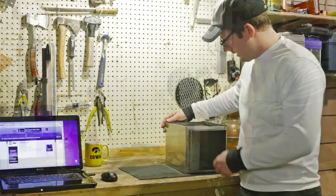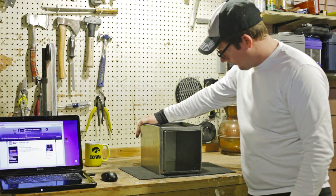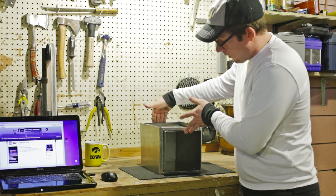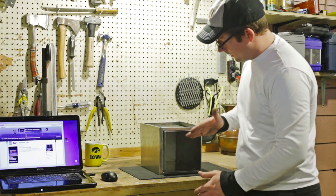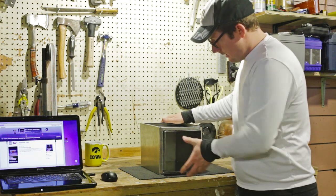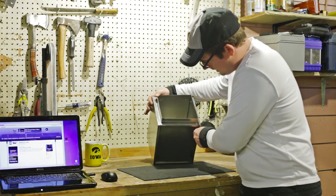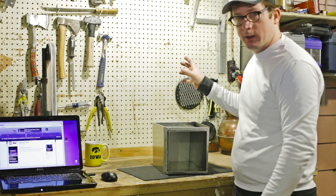I have to put that on and keep plugging away here, because I'm building the oven now. This is going to be the oven portion of my little wood burning stove. The oven is a 7 by 7 inch box that's as wide as the stove is, and I have the front of it sitting out a little bit further than the frame, so that I can just put a lid on and off of there, and I'll show how to make that later. But basically, it's a 7 by 7 inch box enclosed in an 8 by 8 inch box, and I have to put a top on this